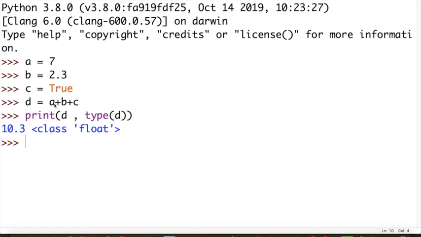Now when we write expressions like A plus B plus C, what happens is that the whole expression gets converted into a single type, which is float, and you get the value 10.3. Now you can easily calculate how this 10.3 has come. 7 plus 2 is 9, and 9 plus 1, the true value, which is a Boolean value, when converted, was implicitly converted